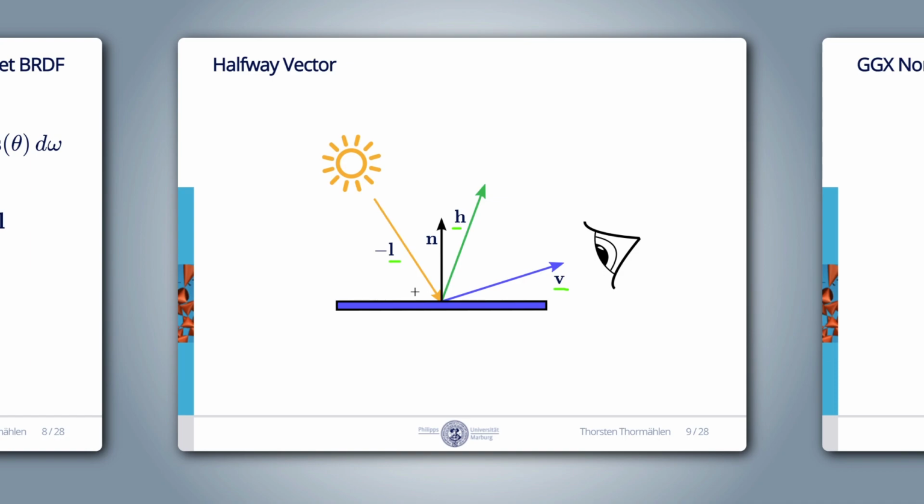To perform the reflection, we project the unit vector v on h with the dot product. The dot product gives us the length of the projection. We take 2 times this length. Then we multiply this value with the unit half-way vector h and we get this vector. Lastly, we subtract the view direction. This equation computes the light direction L from the half-way vector h and the view direction v.